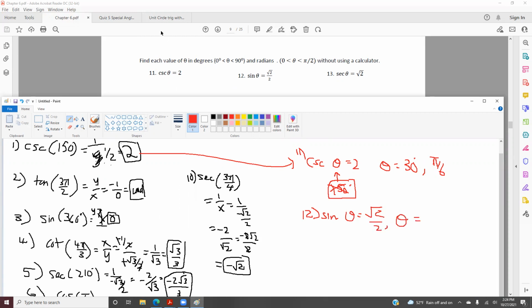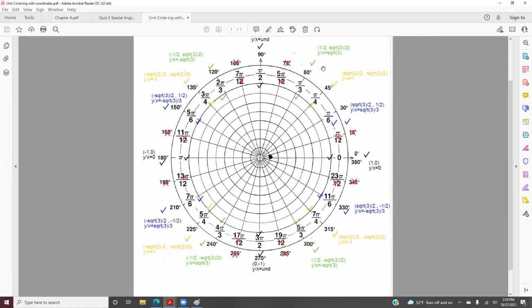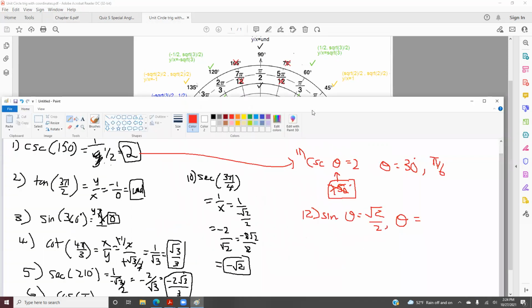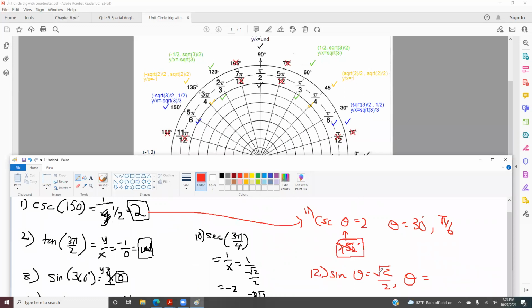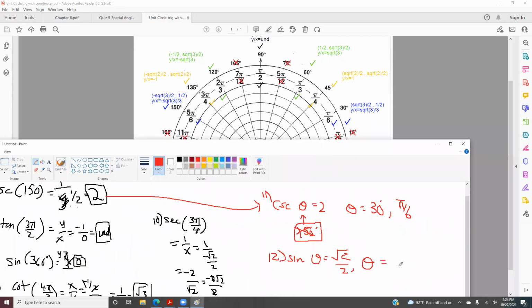So what you need to do for this case class is I want the angles. Look at quadrant 2, and they ask you for sine. Can someone tell me which of these sine values gives us root 2 over 2? What is the angle value here? 45. Because sine is a y. So in this case, your answer will be 45 degrees